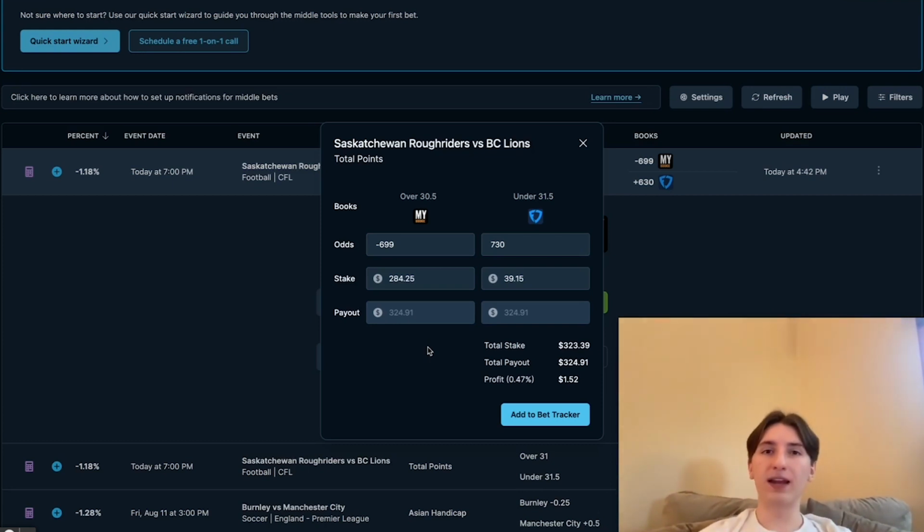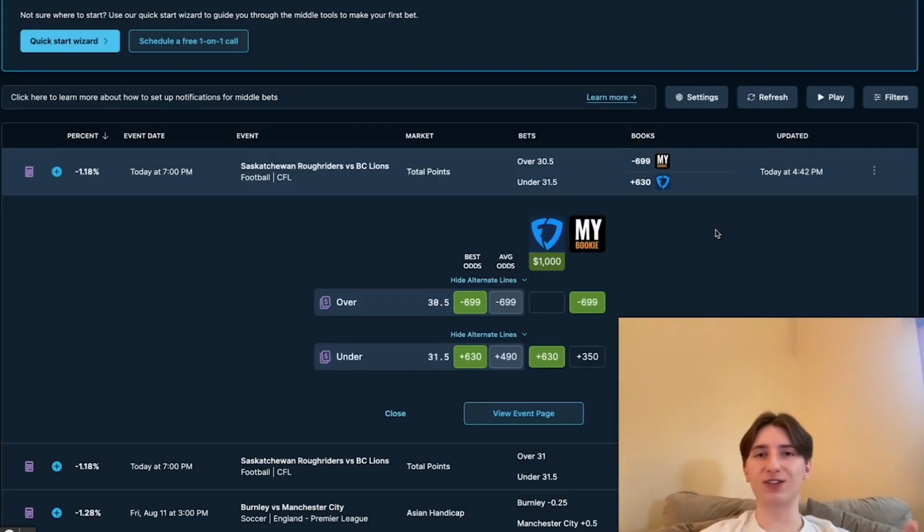So with a middle bet, it's very low risk, very high reward. Sometimes it's even no risk, or it's going to give you profit every single time. So middle bets are really fun. They make games really fun to watch because you're pulling for that really specific outcome. But they're definitely a really intriguing type of sports bet for you to check out. And I highly recommend taking a look at the OddsJam page so that you can do just that.